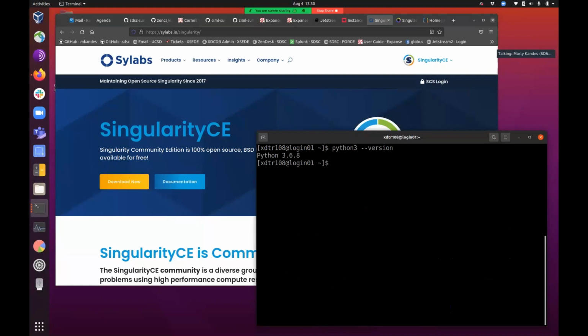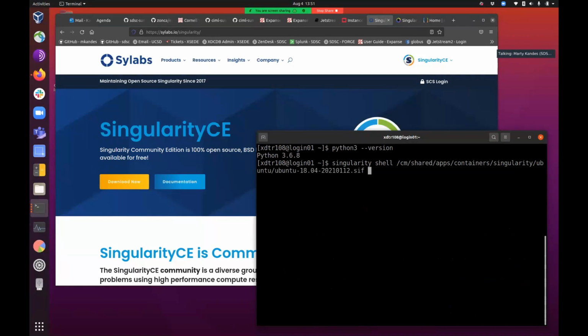So this Python here is the default one that comes with the operating system when you log in. So you can check what Python it is there, but you can see one of the powers of Singularity is you can